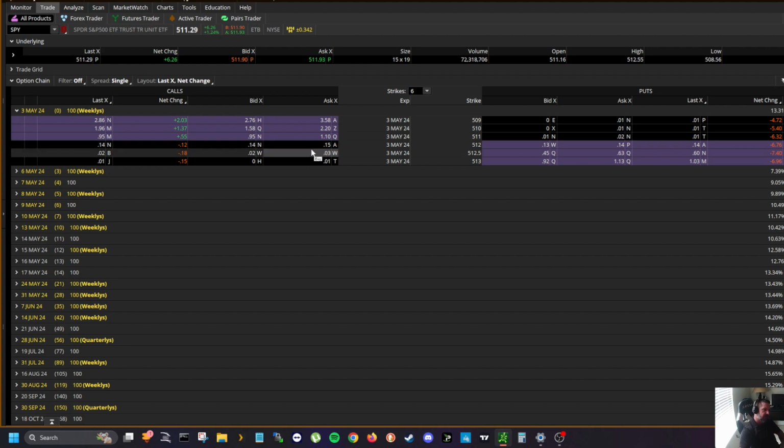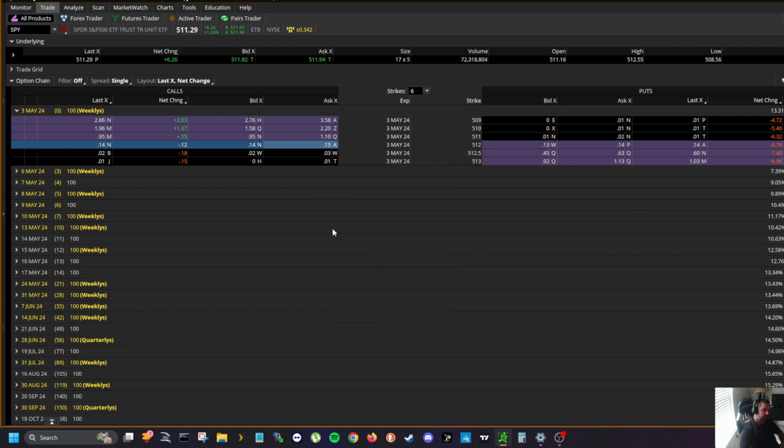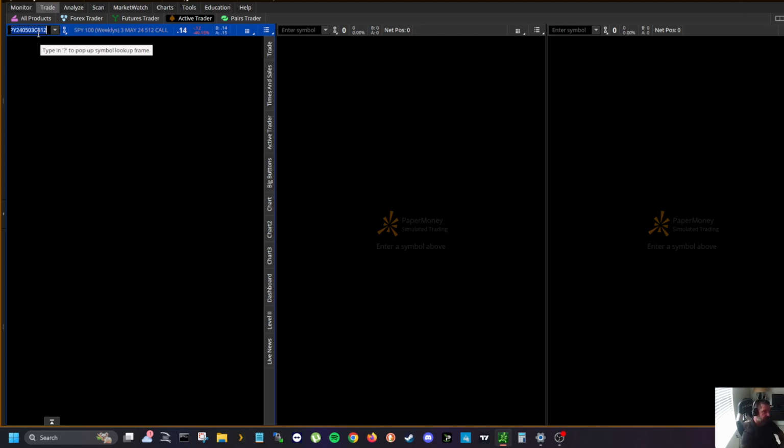But basically we want just to be just out of the money. They're the most volatile and the best to be scalped. So just out of the money is going to be the non-highlighted right here, the non-highlighted right here. These are your calls. These are your puts. So we're going to right click, go down here to copy, go back to active trader, and we are going to paste, enter,